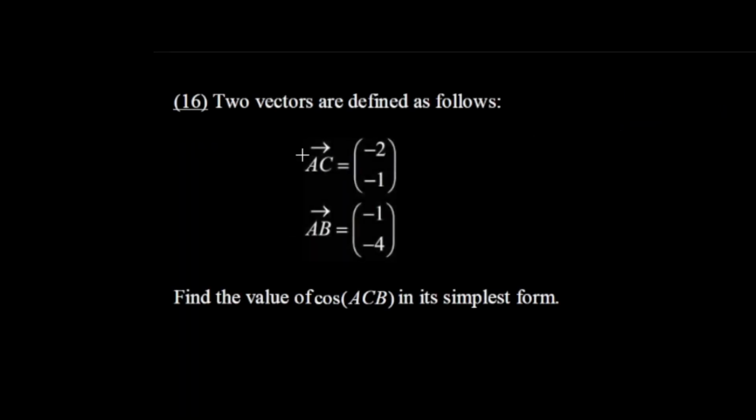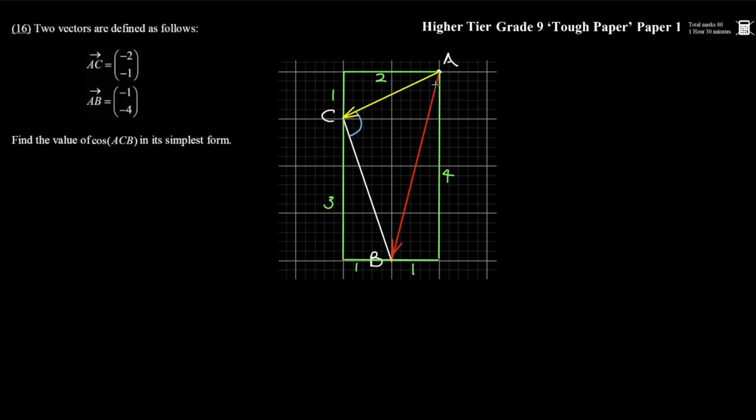So we've got two vectors here, AC and AB, and we're asked to find the cos of an angle that relates to them. Well, I think the only way to understand entirely what's going on here is to set up a diagram. So I've popped on our two vectors, AC and AB, and I've also put on this green square